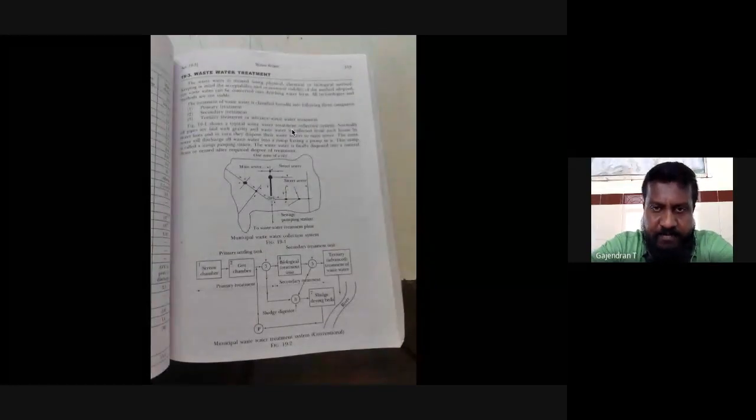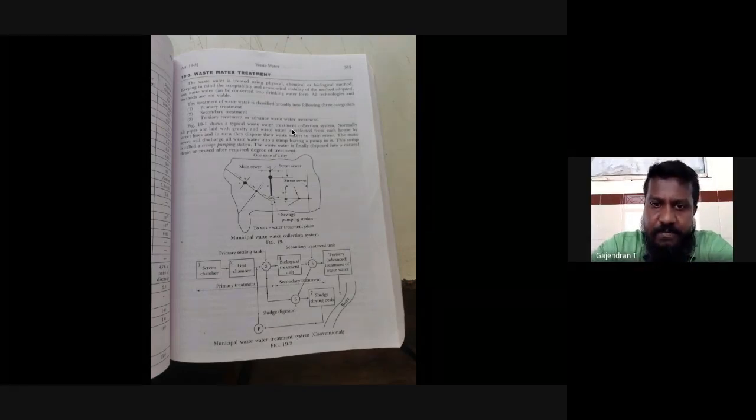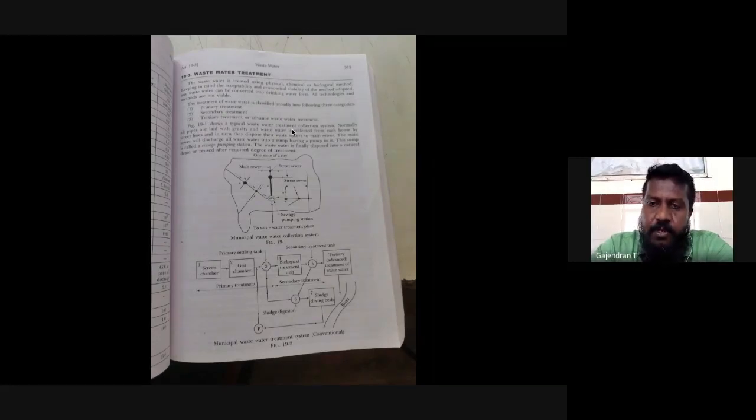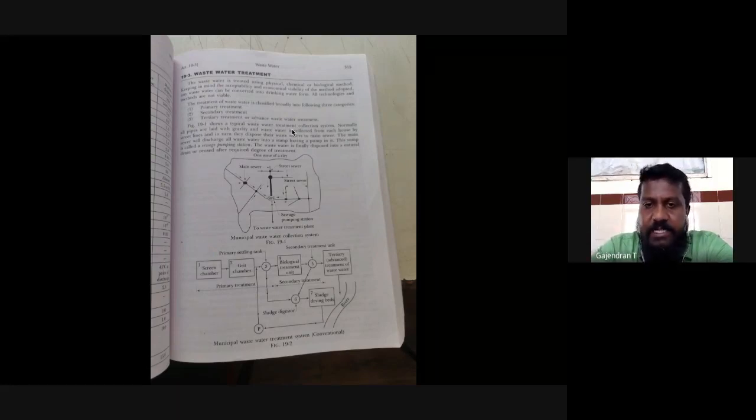So this is a continuation from the earlier class. We have already completed this part, but just to have an understanding of how this representation is done from the sewage pumping station to the main sewers and the distribution sewers. Below that is a treatment process. As we earlier read about, we would have gone through physical, chemical, and biological. And again, there is another subgenre of primary treatment, secondary, and tertiary. So this part is again given here, and then how this disposal happens.